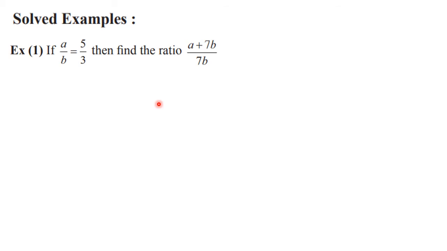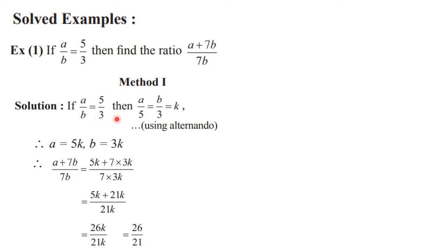So let us see those methods. The first method we will see: in the first method, we have to make use of the property of K. That means the given two equal ratios we will consider as K, but while doing that we are doing alternando. If you are not doing this step and directly doing this, then you will get 0 marks. In this particular method, the properties of equal ratios or operations on equal ratios are not used.